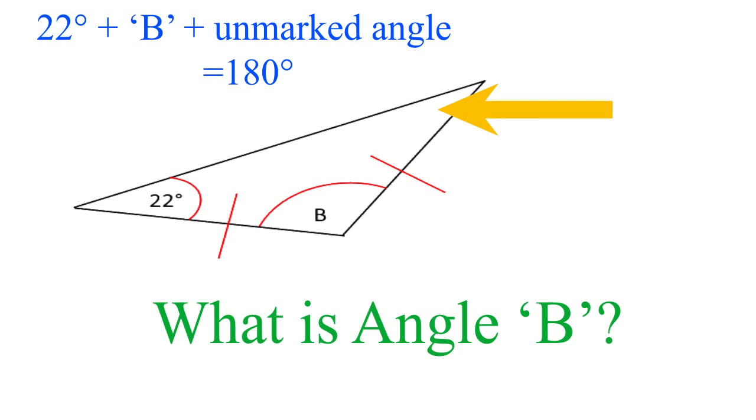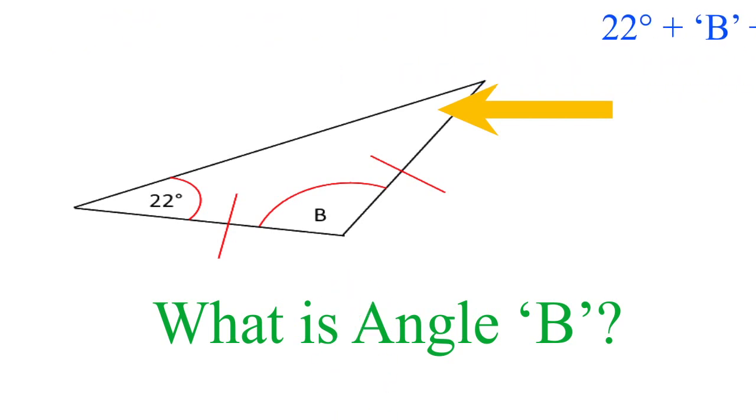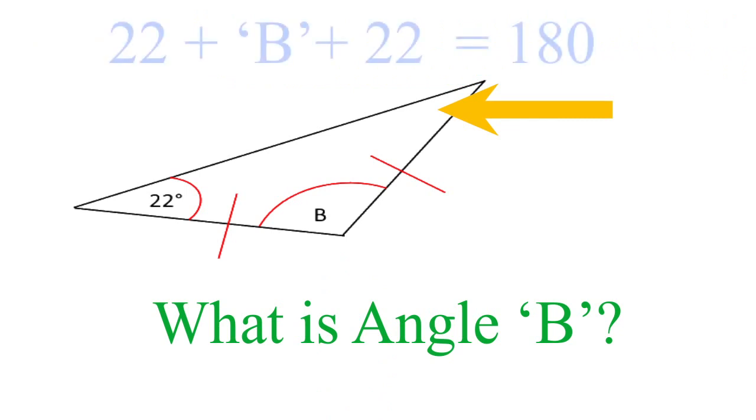Now, take note of the position of B. Where is it? Well, the angle B is between the 2 strokes, which means in this case, B is the odd one out. So that means that the unmarked angle is exactly the same as 22 degrees. And we can rewrite that sum that we wrote earlier in this way: 22 plus B plus 22, which was the unmarked angle, equals 180 degrees. What does that mean? We have 2 lots of 22,